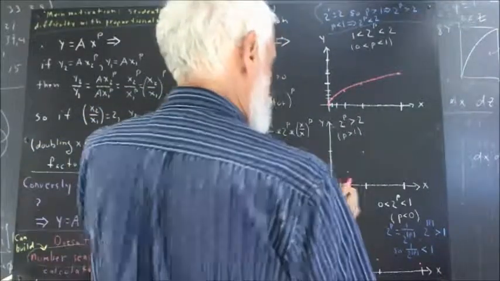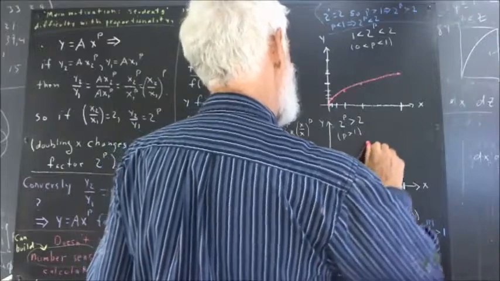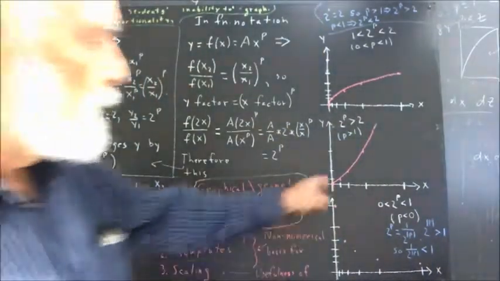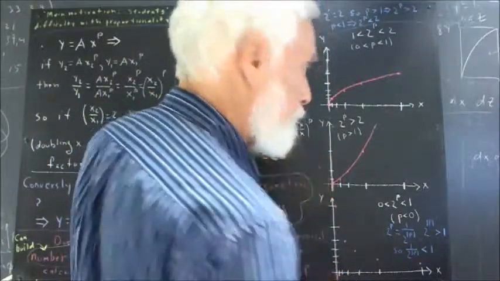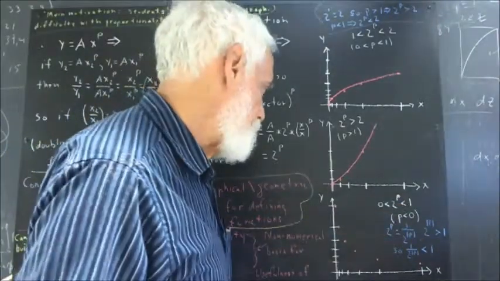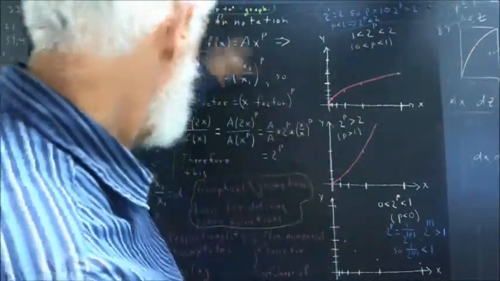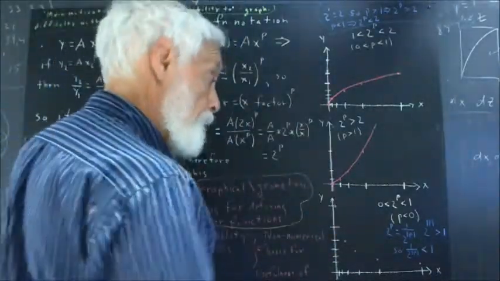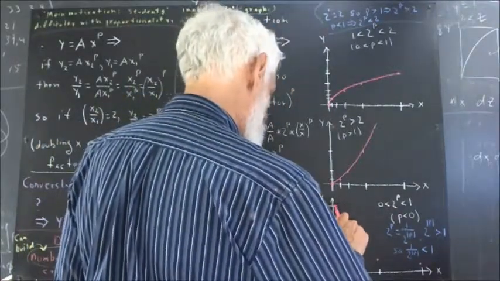Similarly here, of course, the same argument leads us to the fact that 0, 0 makes sense on this graph. And then we get to this graph where we're matching up the larger y values with the smaller x values. And we know, of course, that corresponds to a negative value of p. We'll talk about this a little bit when we do the function notation here. And we get a graph